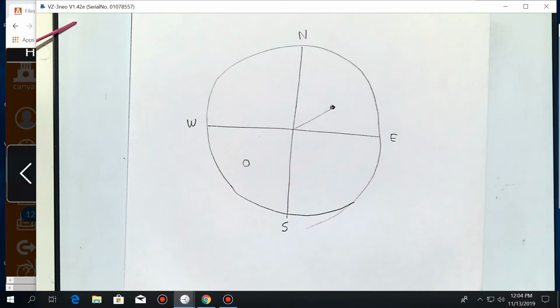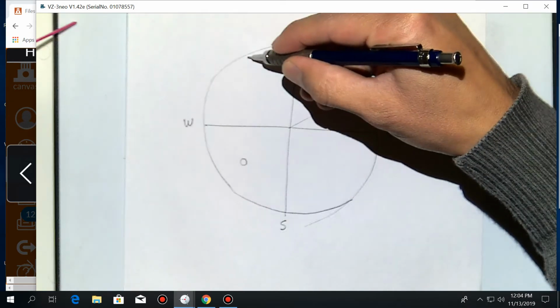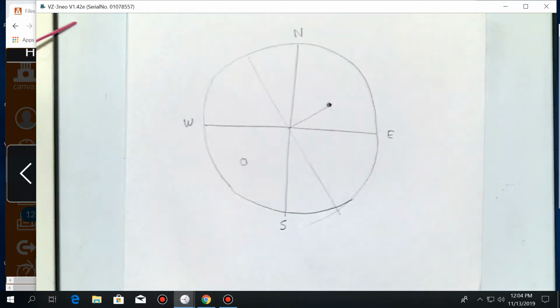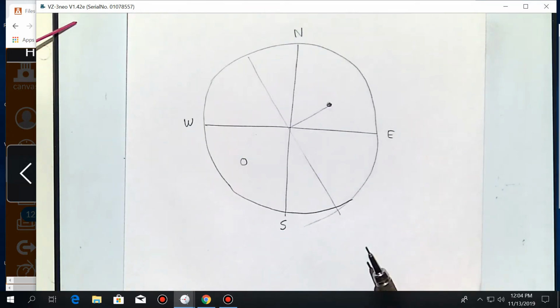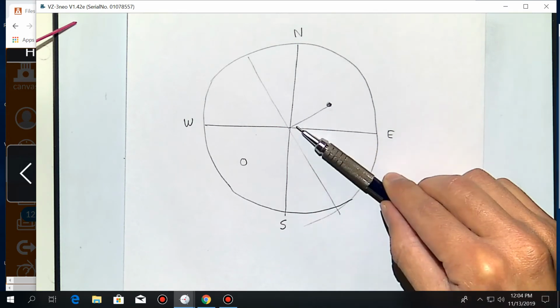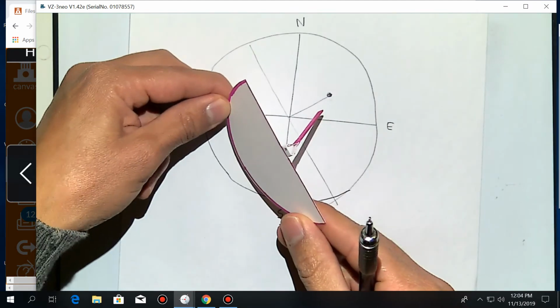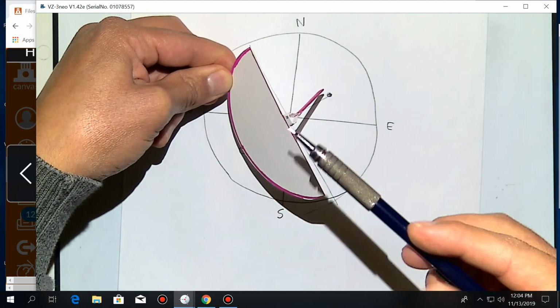You may bring a ruler, that could be useful for the exam, and then a perpendicular line to it, and that's going to be the strike. And then you know that the dip is going to be in the other direction. Don't be fooled, remember? This is the pole, then this is the line of the strike,